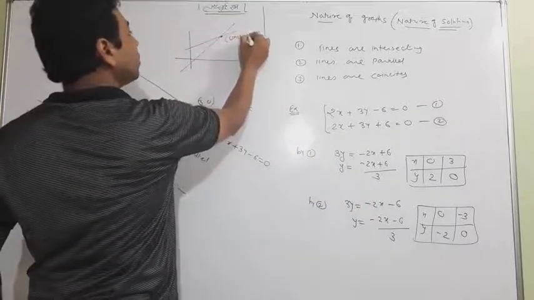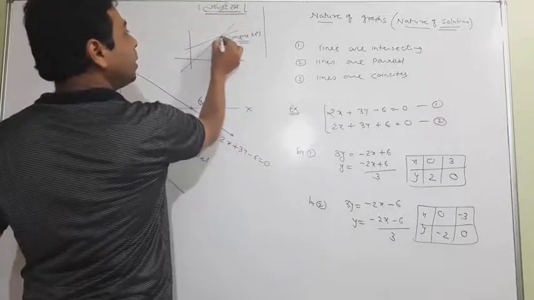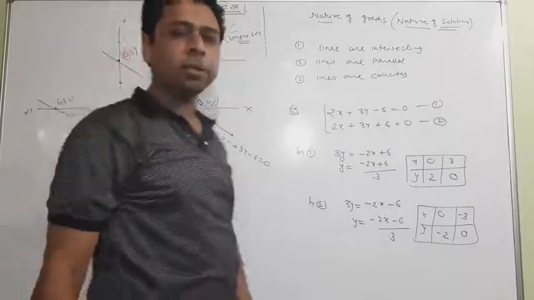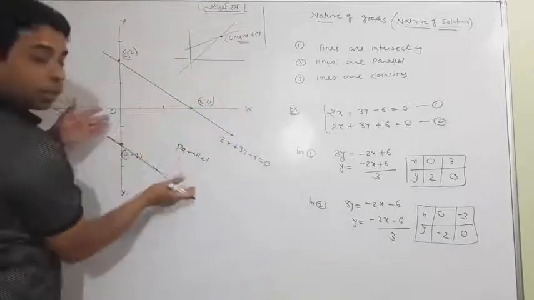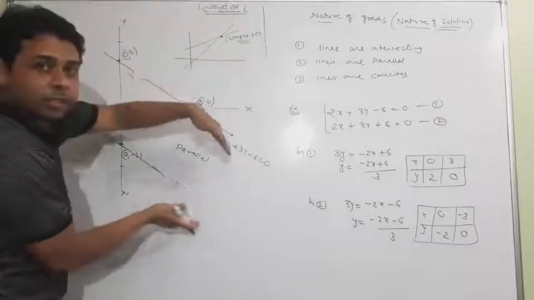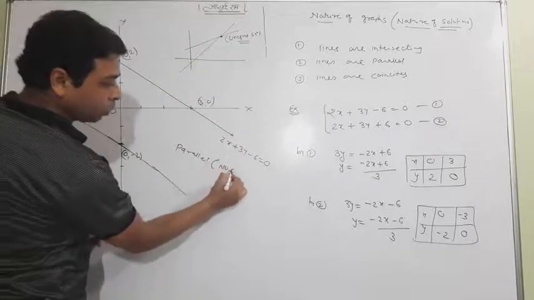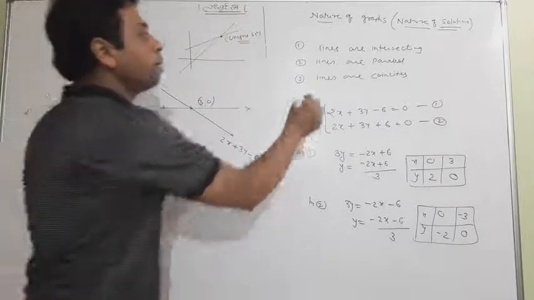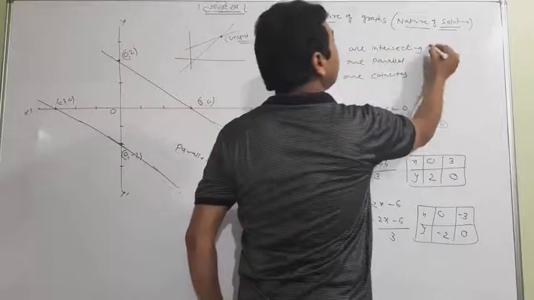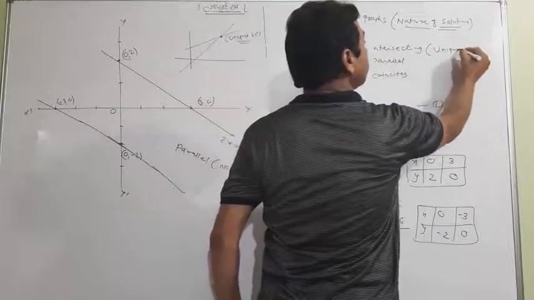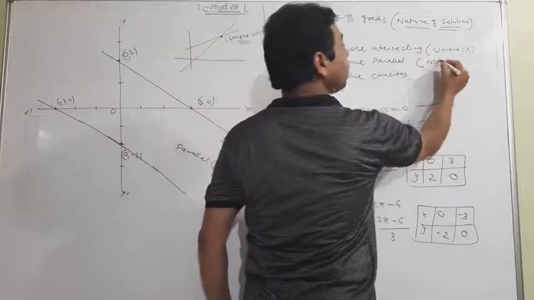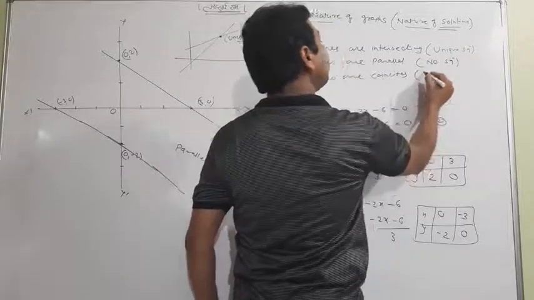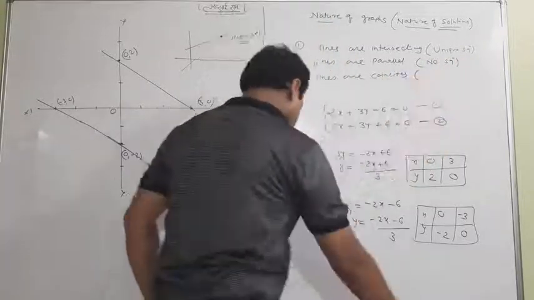Try to understand: when lines are intersecting, this point is none other than the solution. When lines are parallel, they are not intersecting, so there is no solution. Lines intersecting always means the system has a unique solution. When lines are parallel, the system has no solution, and then when lines coincide,